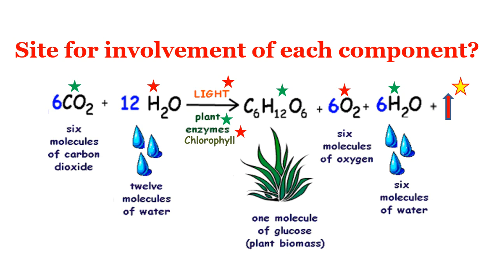Here the red star means breakdown of the water molecule in the presence of light and chlorophyll to form molecular oxygen. This occurs at a single location in a step. Now in another case, the green star indicates the conversion of carbon dioxide into the carbohydrate molecule and the release of water in the presence of plant enzymes. This reaction occurs at another location in steps.